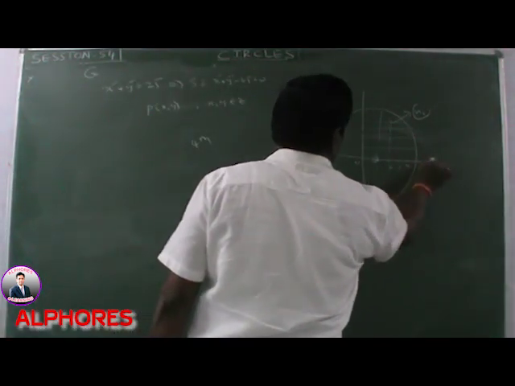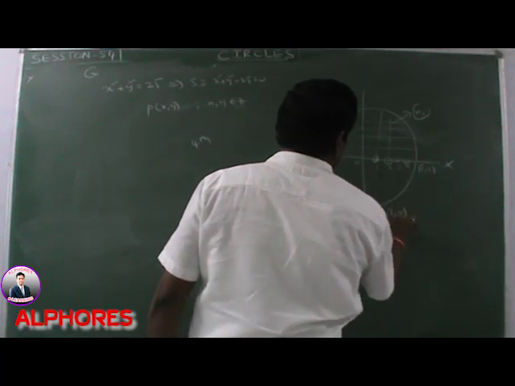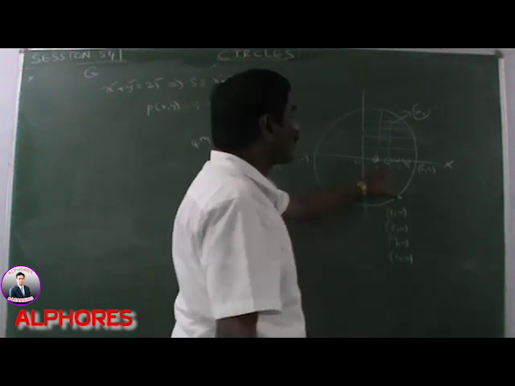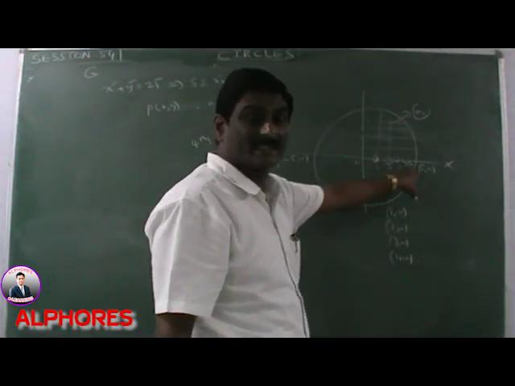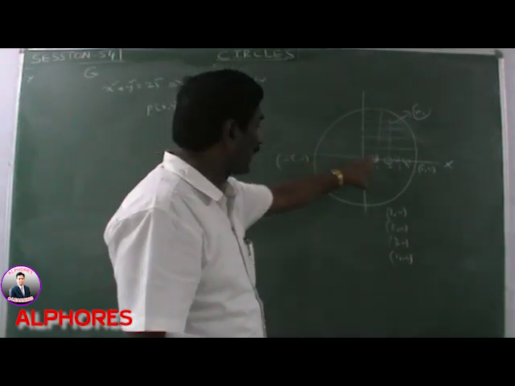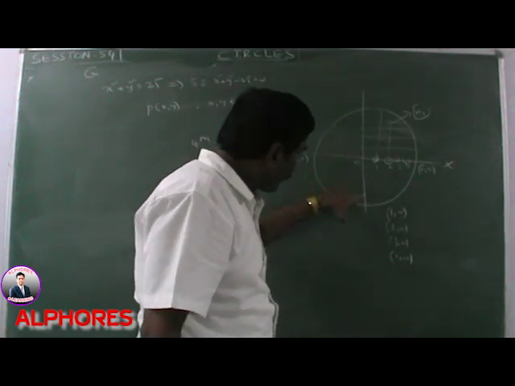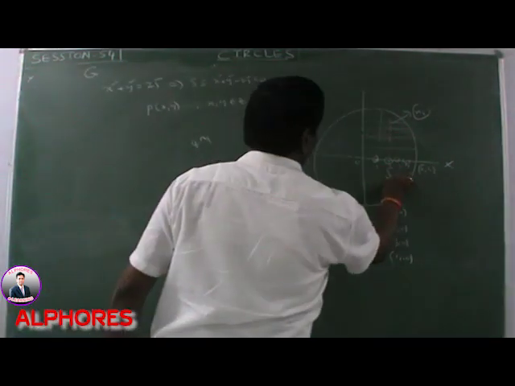Next, similarly, (1, 0). This is a point on the positive x-axis: (1, 0), (2, 0), (3, 0), (4, 0). These are also inside the circle and at the same time lie on the positive x-axis. Similarly, on the negative x-axis: (minus 1, 0), (minus 2, 0), and so on. In this case also 4. On the positive y-axis also 4, and for the negative y-axis also 4 values. That means say these values are n2.